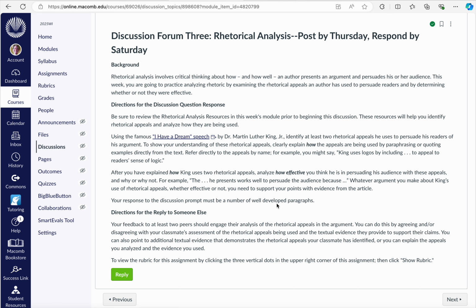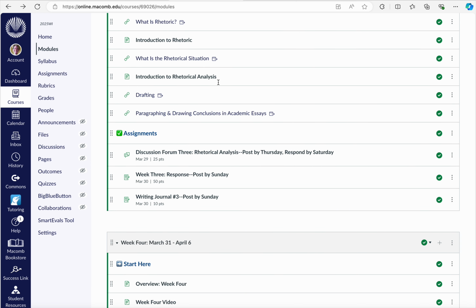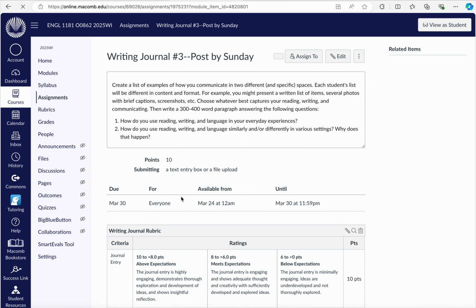And then you're going to respond to 2 of your classmates. So total of 3 posts. One's due by Thursday, your initial response. The other 2 are due by Saturday, all at 11:59 p.m. And then as you move to, let's skip to the writing journal because I want to take a little more